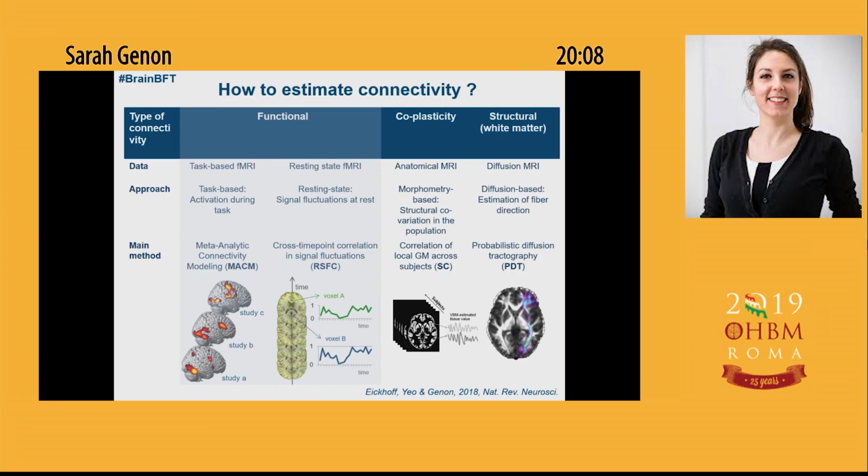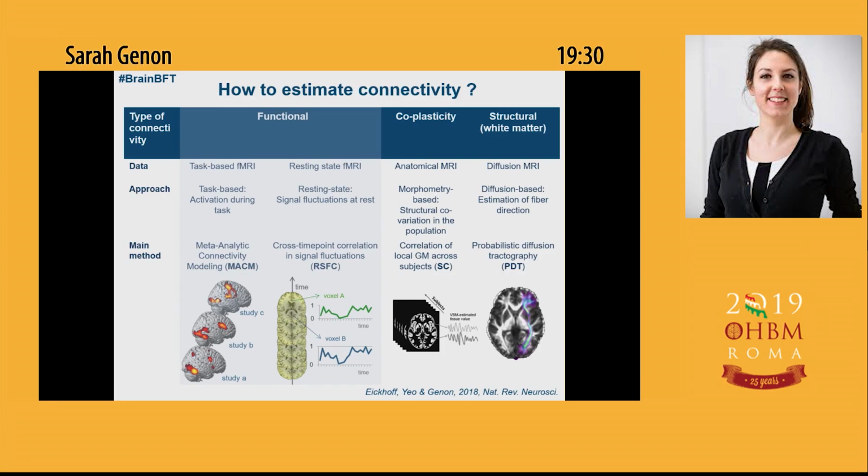And finally, an approach which is a bit hybrid, I would say, is an approach that capitalizes on coplasticity. The basic idea is that if we take a group of subjects and we measure, for example, their gray matter volume, we look at whether gray matter volume between regions covaries across this group of subjects. When the volume of one region goes up, the volume of the other region goes up as well. This is an indication of coplasticity,